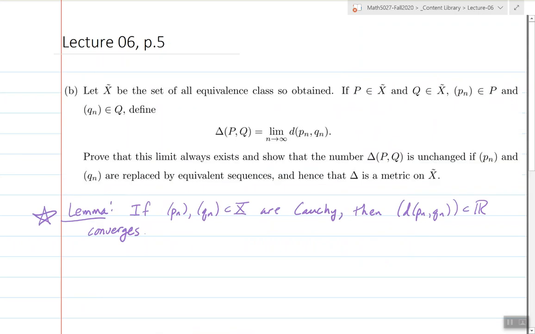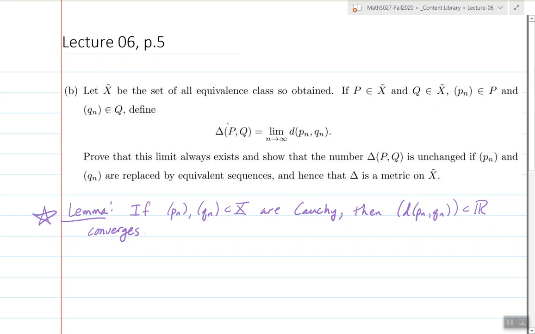So then there's this problem that I ask you to do, which is to say, well, let X tilde be the set of all equivalence classes so obtained. So you're looking at the space X now, and you're thinking of it not in terms of individual points, but in terms of all the Cauchy sequences you could possibly construct from it. And then you're saying, all right, this is now a space not made up of points, but of equivalence classes. So this point P and this point Q in X tilde contain all the Cauchy sequences that are equivalent to each other. So then you're asked to show that if you define a space made up in such a way,